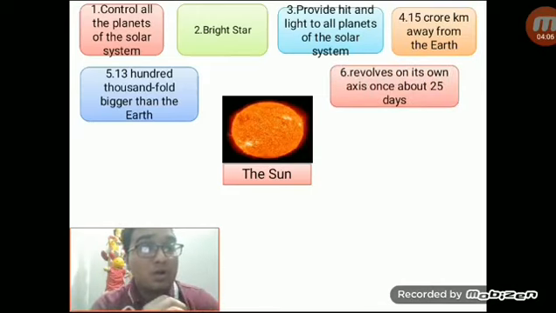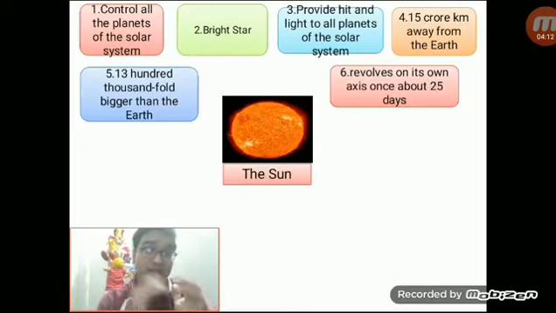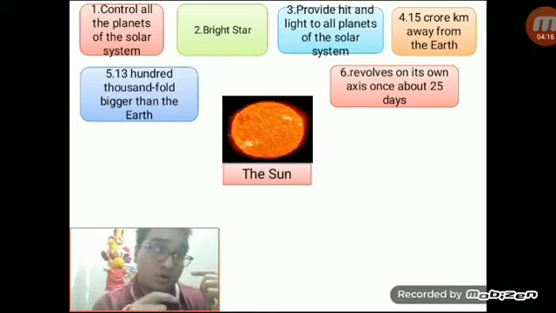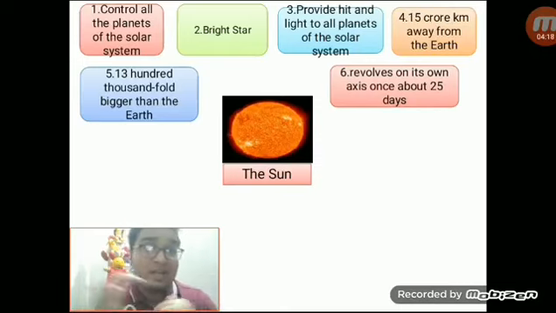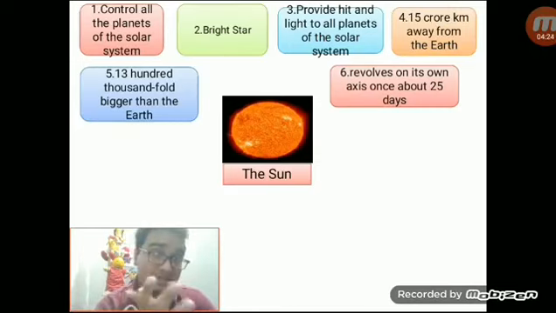Then it revolves on its own axis in about 25 days or 25 solar days. Okay, to turn one time, the sun needs 25 solar days on its own axis. So what is called the axis line? Axis line is the line which goes through the center of an object, on which the object turns itself. Okay,